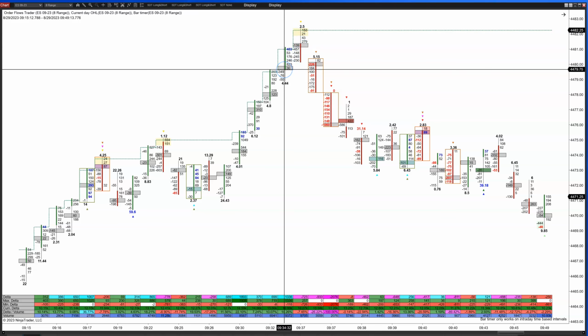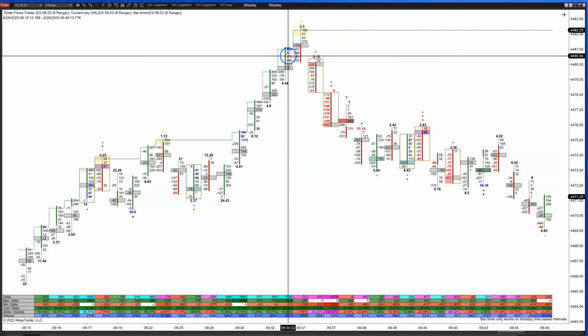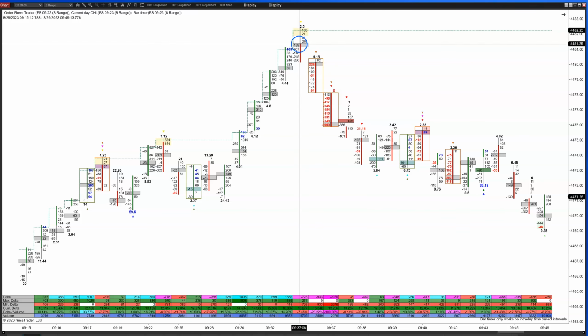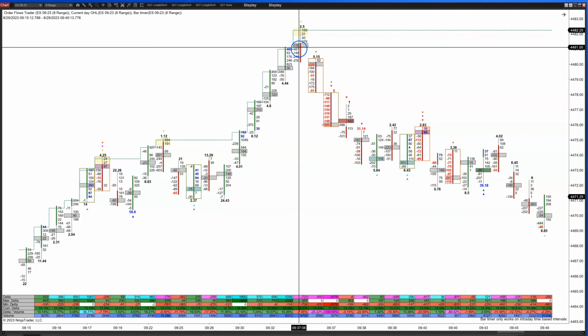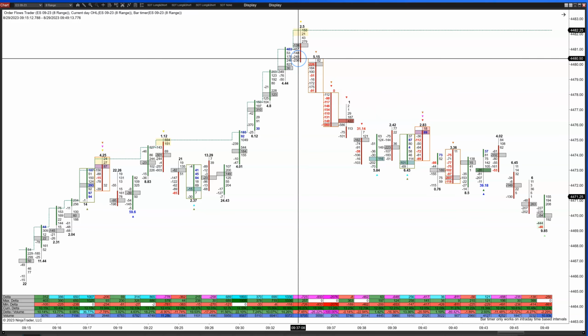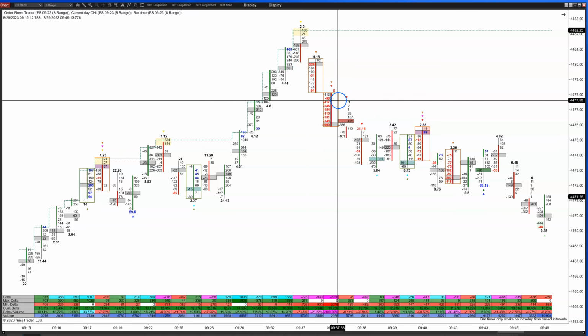Because this bar is forming differently. This bar opened up, traded down, and then the aggressive buying came in. This bar opened up, traded up, ran into strong passive sellers, and then the aggressive selling came in, and we closed down. Okay, now,